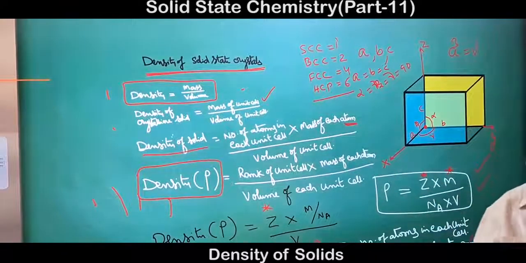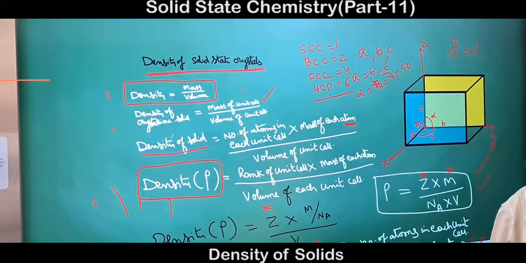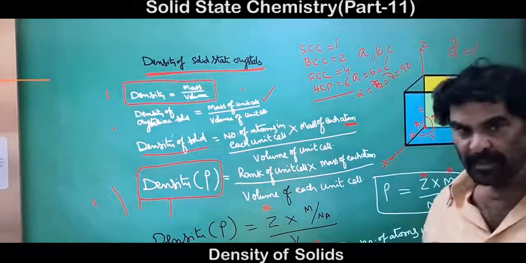For HCP, the area of the base times the height has to be taken into consideration. Height is C, and this is the base. There are 6 equilateral triangles. From the 6 equilateral triangles, you can find out the area of the base. Area of the base times height, that is C, gives the volume of the system. So this is something about the